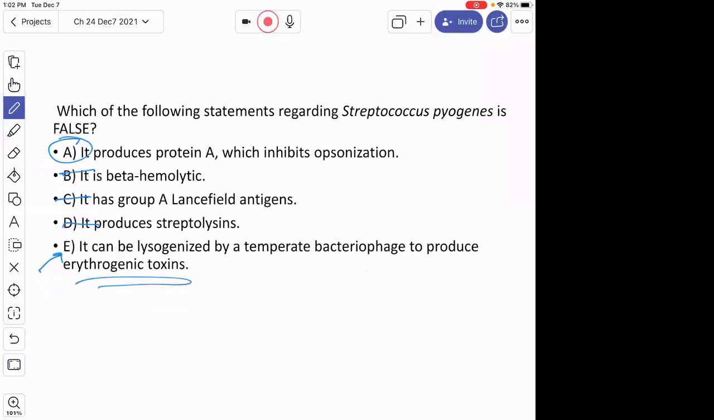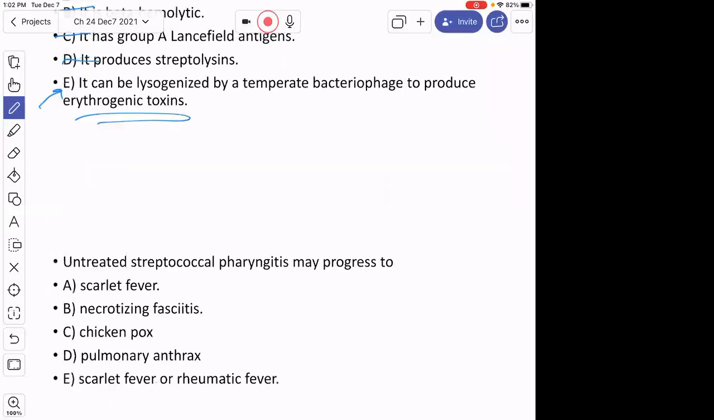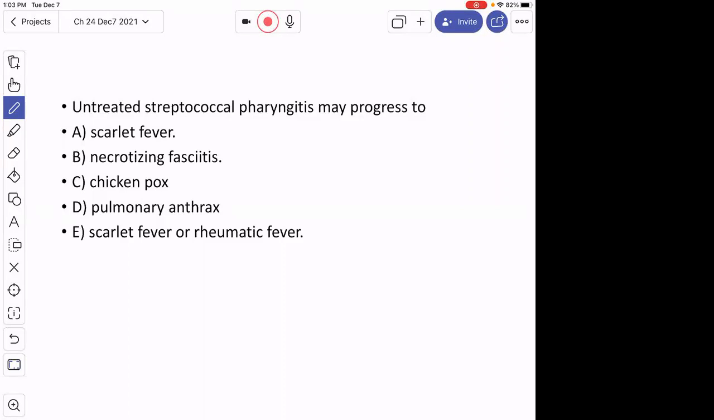So the next question follows up there. Untreated streptococcal pharyngitis, strep throat, can progress to which of the following? All right, give you a second to read that. You can chalk it over if you want. Not chickenpox. We're going to talk about that today. That's viral. And hopefully you don't confuse strep throat with anthrax. Remember, that was Bacillus anthracis. And necrotizing fasciitis,